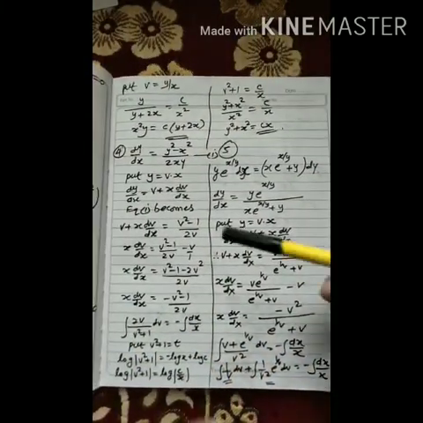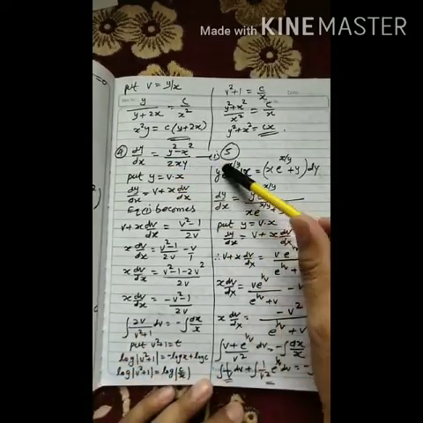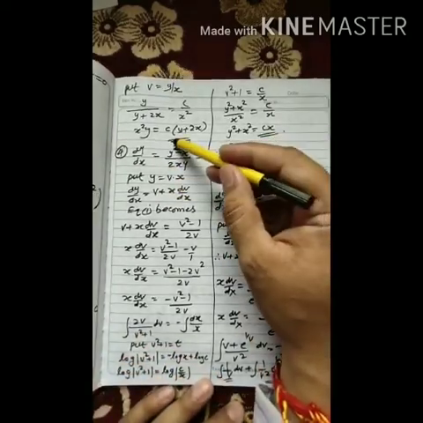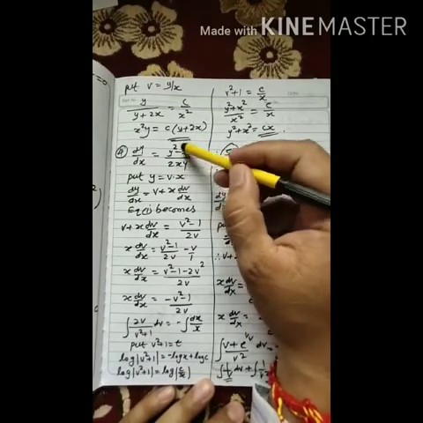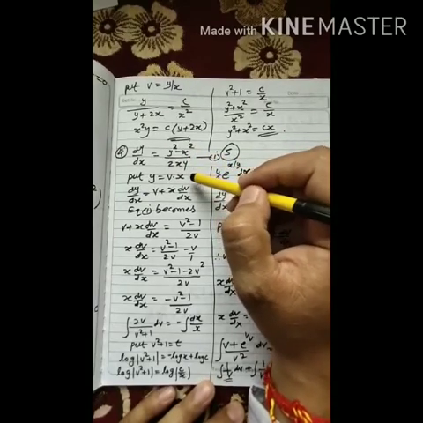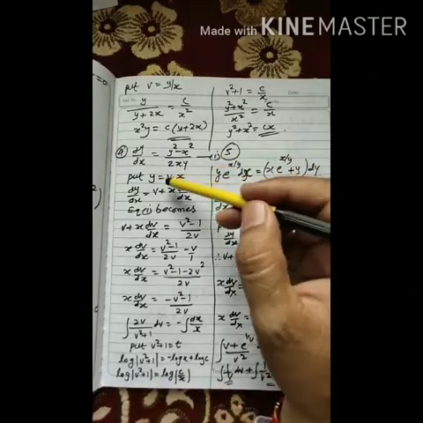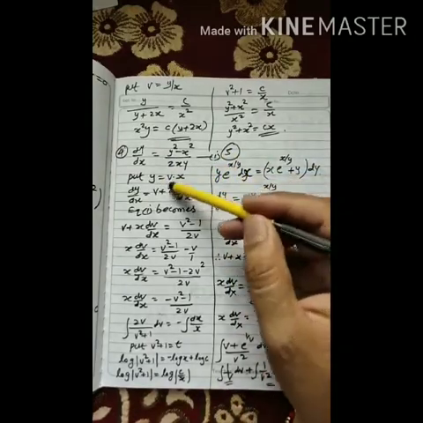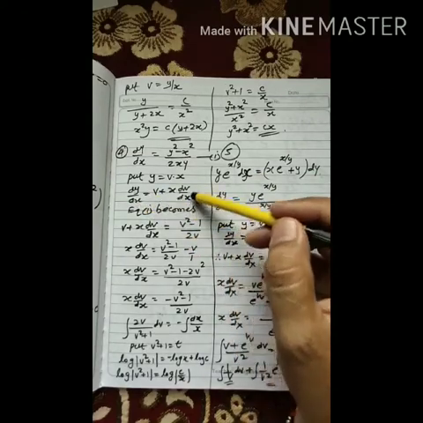Next question is dy over dx is equal to y square minus x square upon 2xy. In this case also we find that the power of y is 2, the power of x is 2. Here also 1 plus 1, 2. So, the power of numerator and denominator is same. Therefore, it is a differential equation of type homogeneous. So, again give the substitution y equal to vx. Now, differentiate both the sides. You will get dy over dx equal to v plus x dv by dx.